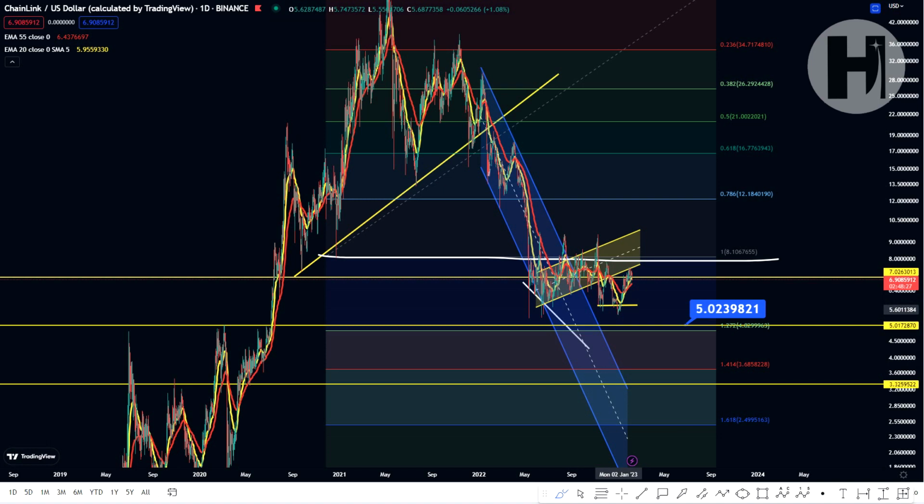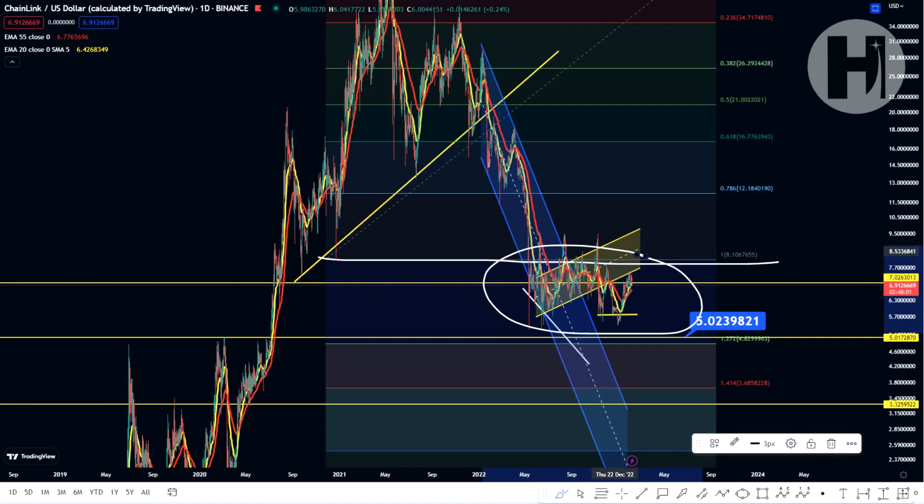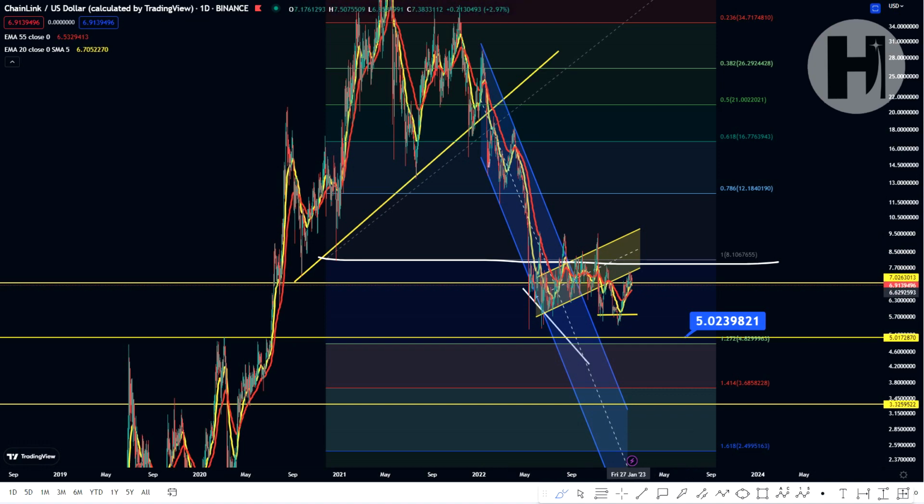And potentially that still could happen if we see a major capitulation in the markets. We see Bitcoin move back down below $17,000. We could see that strong drop off and a wick towards that area with a quick recovery afterwards. That is also very possible. You could set some buy limit orders in advance as always, but in general, this is a very good buying opportunity for Chainlink. We've been in this consolidation sideways move since May of 2022, so for 9 months now, and